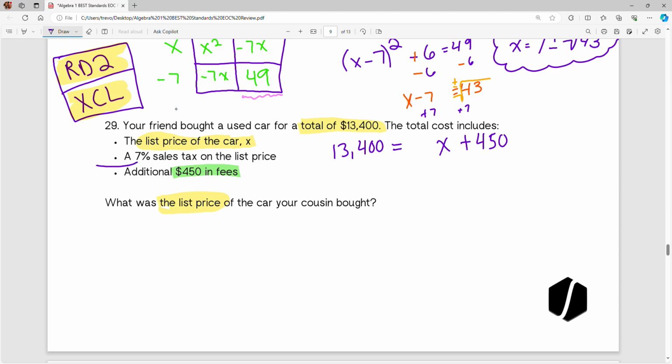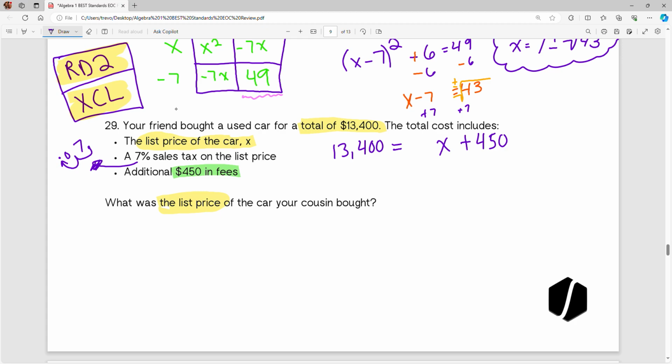So when I turn 7% into a decimal to write it into my equation, 7%, right now my invisible decimal is at the back, and to turn a percent to a decimal, I got to divide it by 100. So I'm going to move my decimal up 2 times, so that's 0.07,